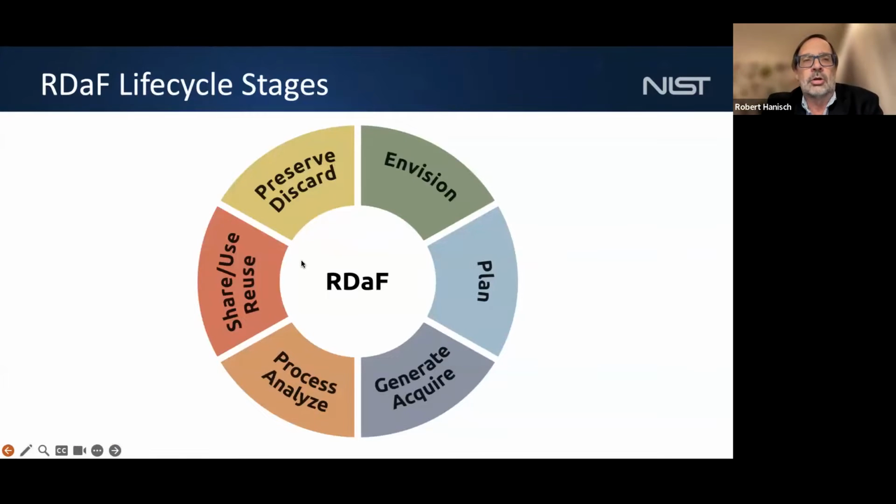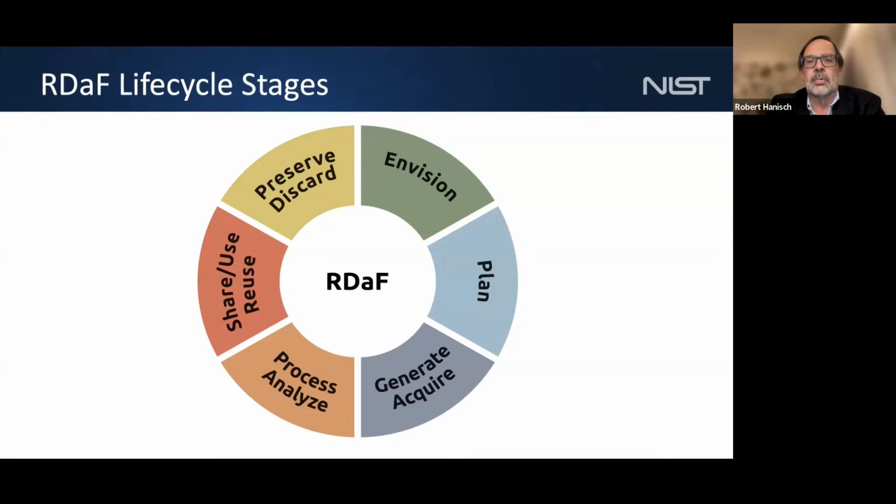So the 6 major lifecycle stages that we have organized things into are these, starting with envision, in which an organization basically lays out what are their data governance policies, how does data management fit into the overall structure of the organization, how is it valued throughout the organization from top-level management down to individual researchers. So this is really the big picture. How do you see yourself fitting into data management on a very large scale? Planning is,